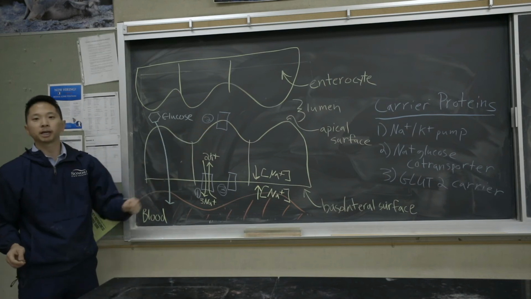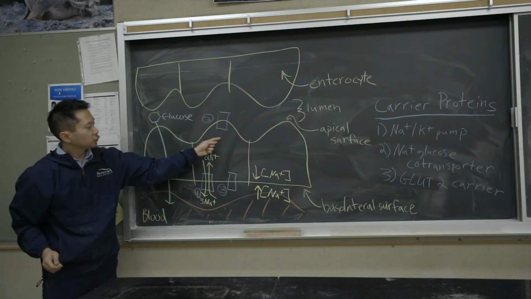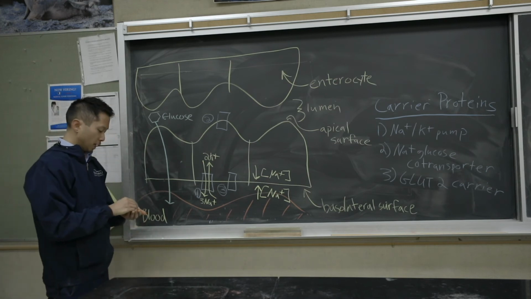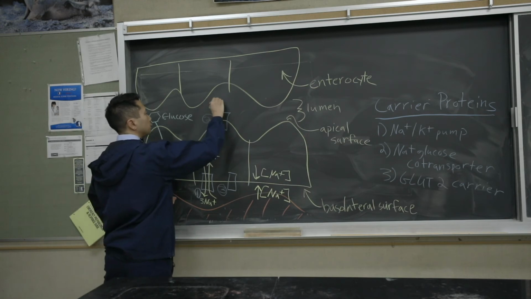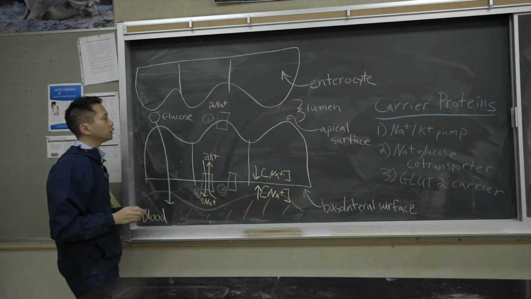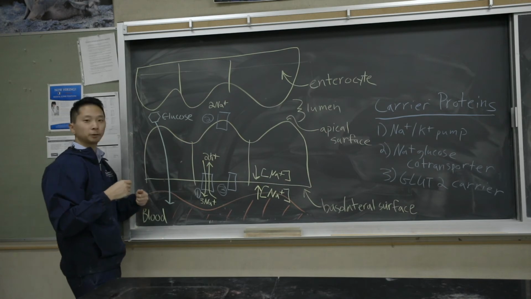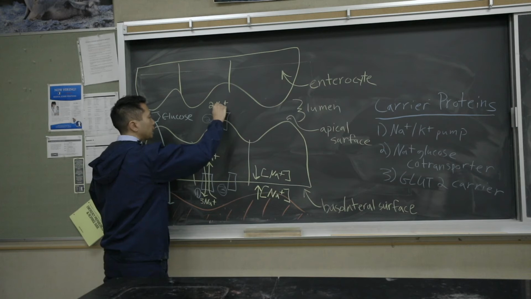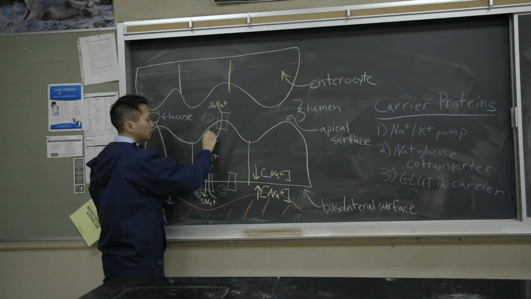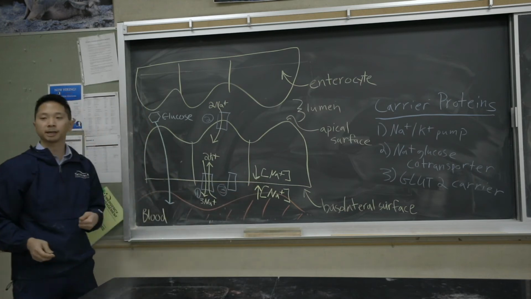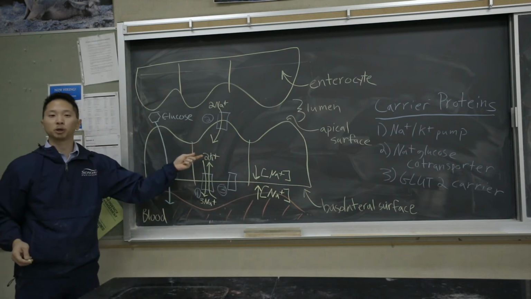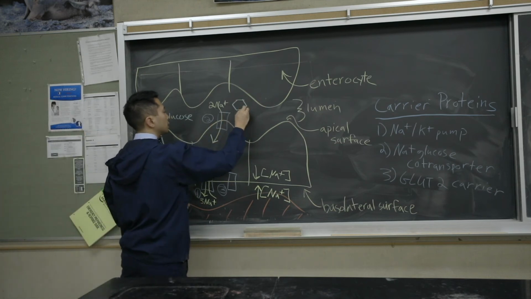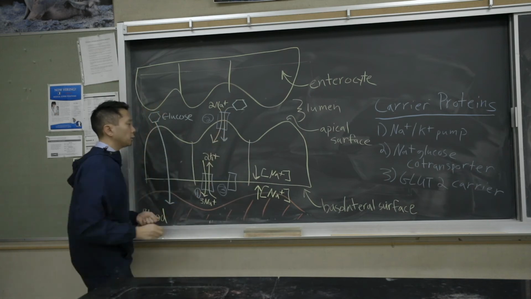Now, let's move on to our second carrier protein. This is a sodium-glucose cotransporter. So it's going to move sodium and glucose. And what it does is it takes 2 sodium ions from the outside of the cell. Remember, the concentration for sodium is really high outside the cell. And it's going to move this sodium from high to low because there's lower sodium ion concentration inside the cell. This process is favorable. In addition, it's going to grab onto glucose and also move it into the cell, but